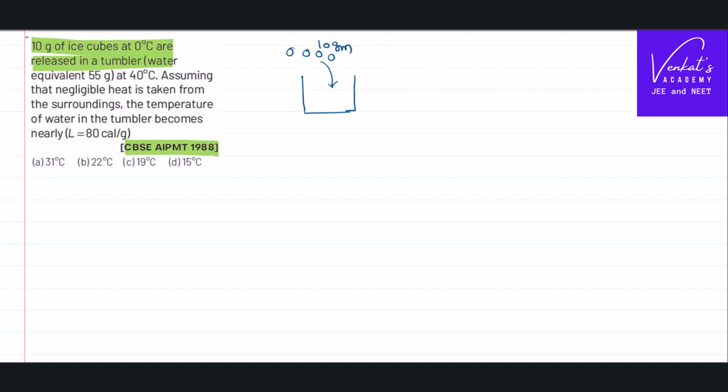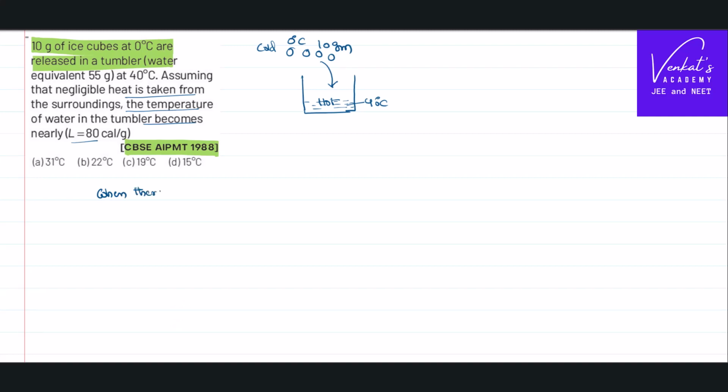like this, whose water equivalent is 55 grams, there is certain water which is not directly given for you, at a temperature 40 degrees centigrade. Ice is at 0 degrees centigrade. Assuming that negligible heat is taken from the surroundings, the temperature of the water in the tumbler becomes approximately how much? Here, one thing is very clear to all of you, that water is the hot body, ice is the cold body. According to the principle of method of mixtures, according to the principle of calorimetry,